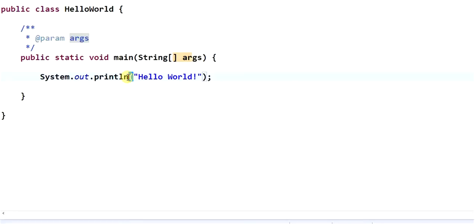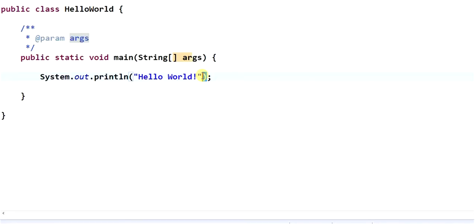Double quotes at each end delimit the text as a string. And finally this close parenthesis closes the parameter being passed into println, and the semicolon marks the end of a statement.